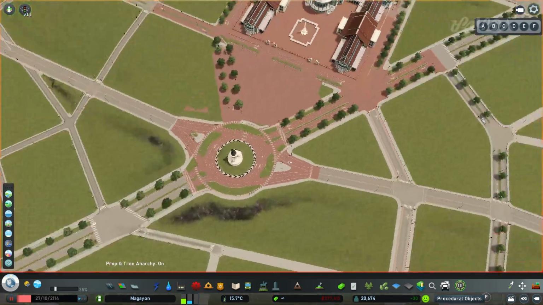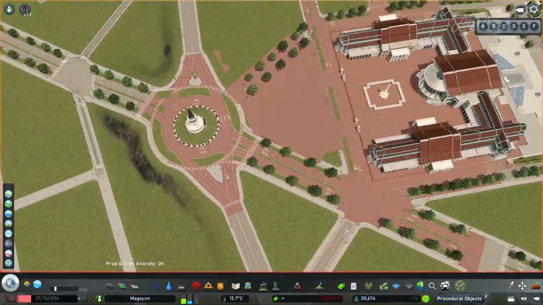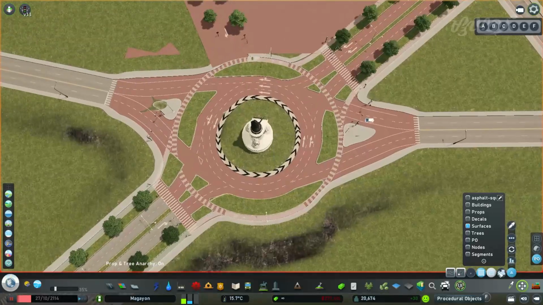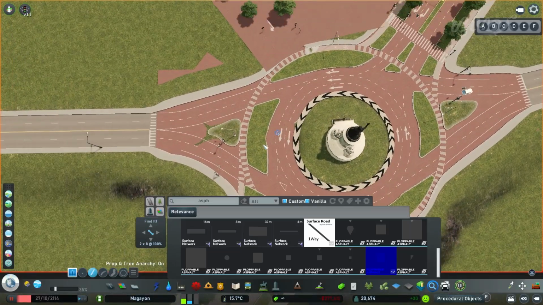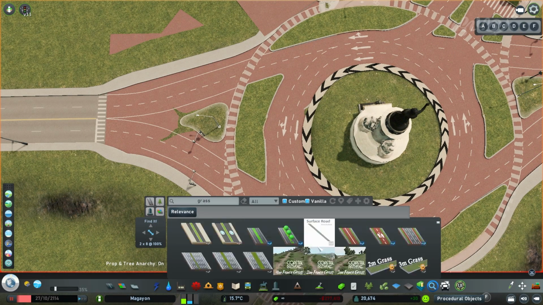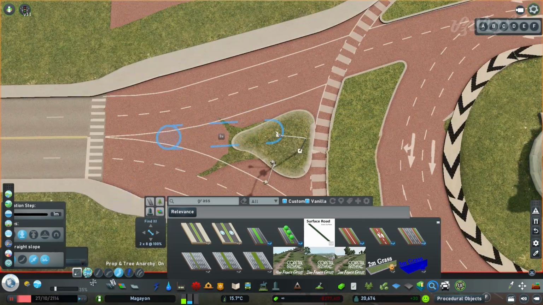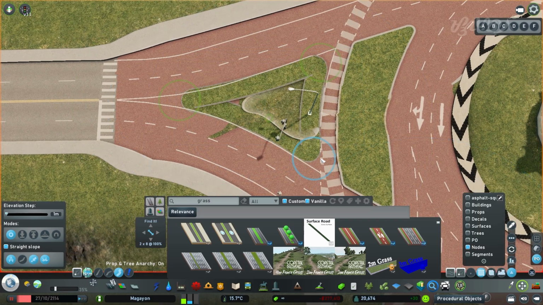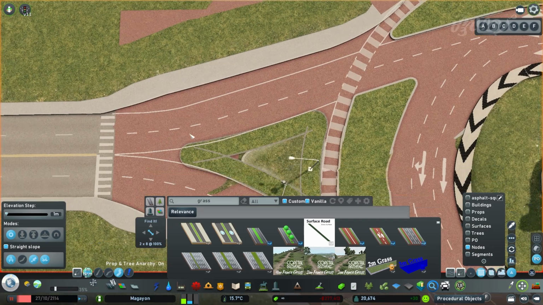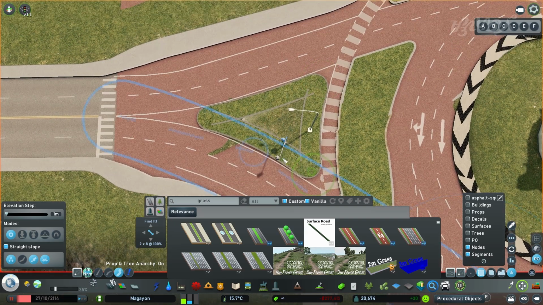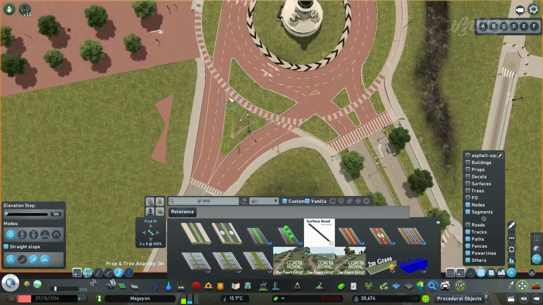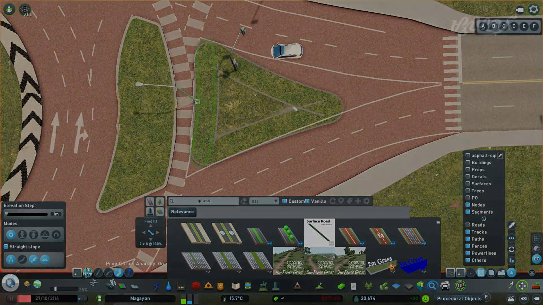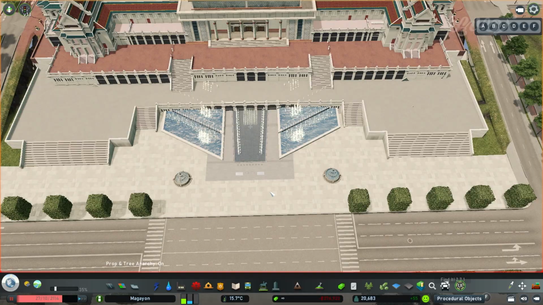And yeah, I guess I'm going to be going into detailing this place right here. I'm not going to be going deep into the detailing here in the roundabout. I'm just going to be fixing these empty spaces here, and then I'm going to be adding in some trees. Now the way I do this is I'm using this grass curb network, and I'm covering up the inconsistencies that you can see here. That's why it looks very clean, and later on in the live play I'll show you this in more detail.